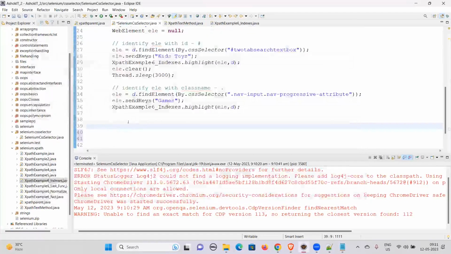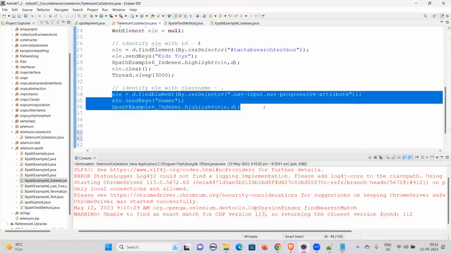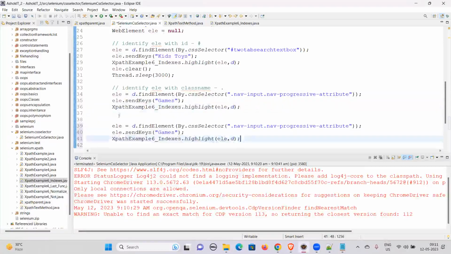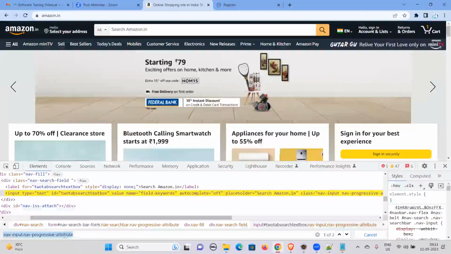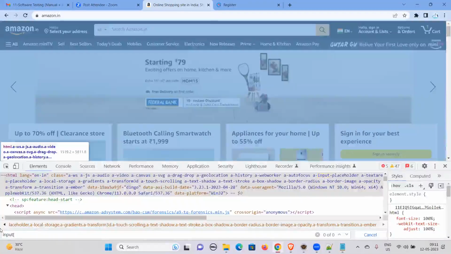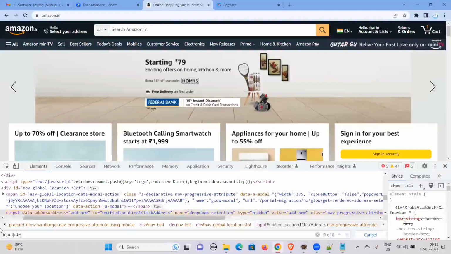So how do we write it now? See now. Identify with tag names. Okay. So with CSS selector, instead of this, we are trying to identify the element with the tag name. Same element I'm going to identify, and I'll write something else. Here I'll put input. Now ID is equals to, so what is that value